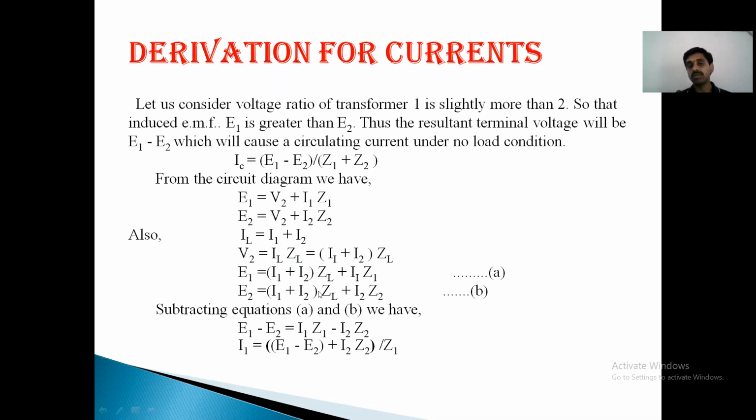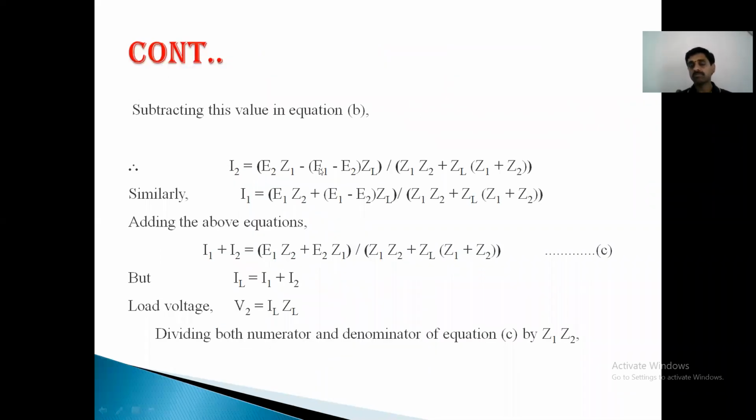Therefore, E1 minus E2 is obtained by subtracting these two. We will get E1 minus E2 in terms of I1, I2, Z1, Z2. Therefrom, we can calculate I1 as well as I2. So if you know Z1, Z2, ZL, then you can calculate E1, E2 from the circulating current phenomena. Similarly, I2 you will get after simplifying; you can go through the literature, and I1 also you can get. If you add I1, I2, you will get the final load current like this. That means if you know E1, E2, Z1, Z2, you will get the total load current.